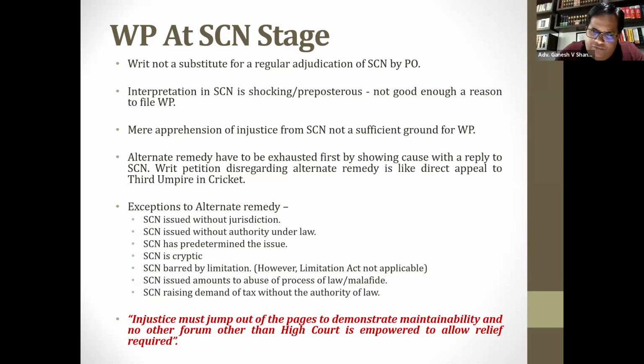Even if today I file a writ petition on these grounds, these exceptions which are listed there are subjected to scrutiny by the High Court, and only if they're satisfied that these exceptions are there, which are already accepted or admitted by the Supreme Court or High Court in the past. And there is jurisprudence, there is an acceptability of these exceptions. There's no hard and fast article or section which provides for this.